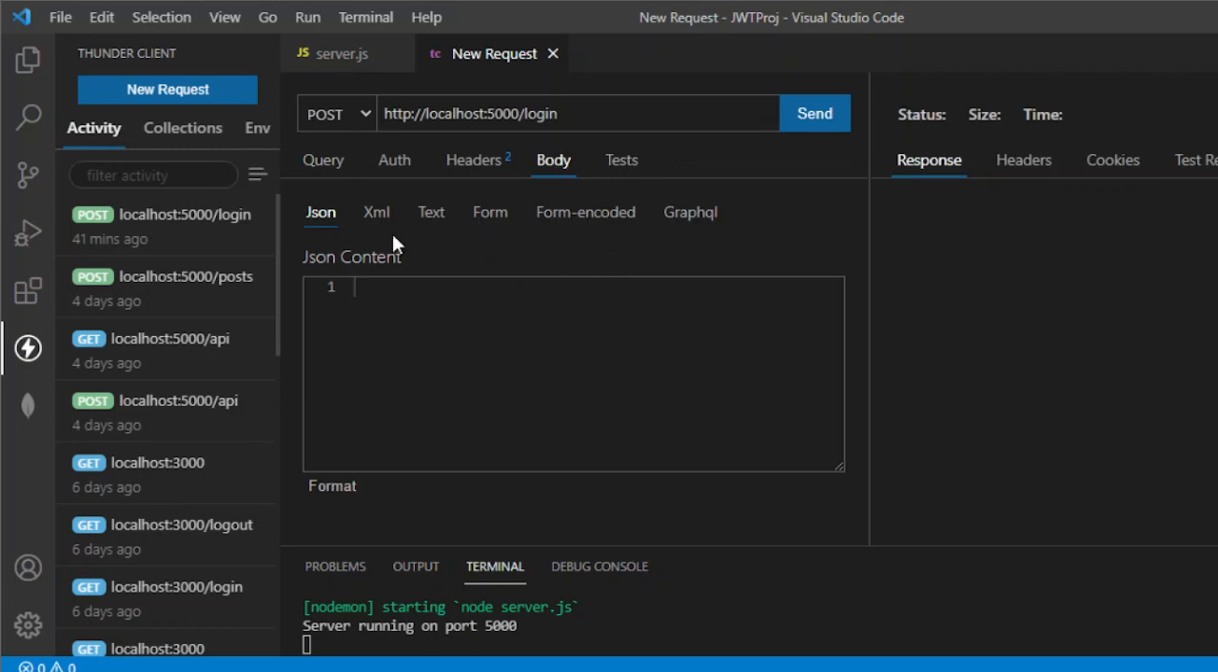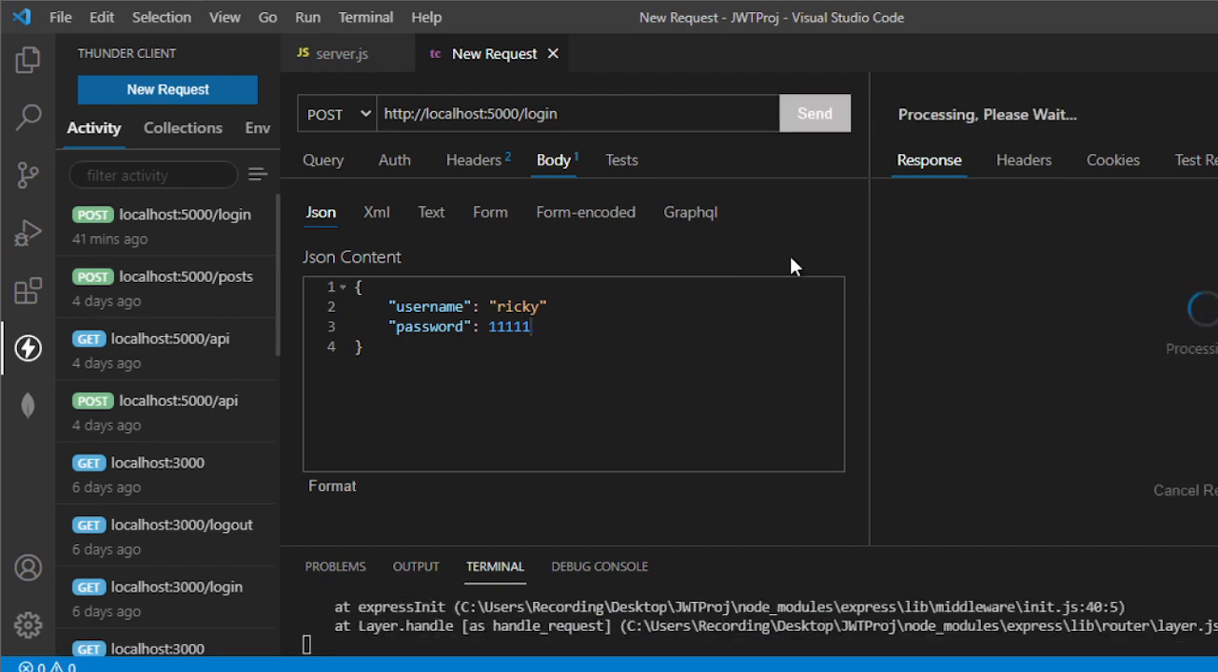Now in our body, since I'm sending a JSON format, I'll be declaring a JSON request. Let's say username, oops, this should be the next one, password. Let's say Ricky, and here, let's say 11211. So that should be intentional. Let's try this one first. So if I send the request,